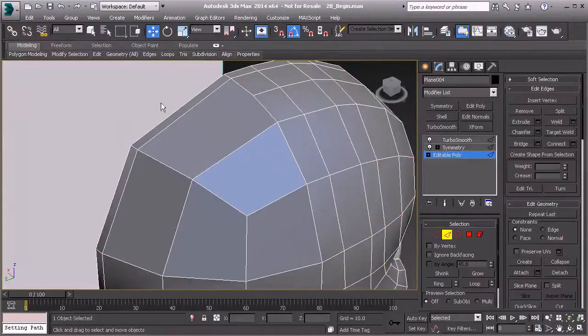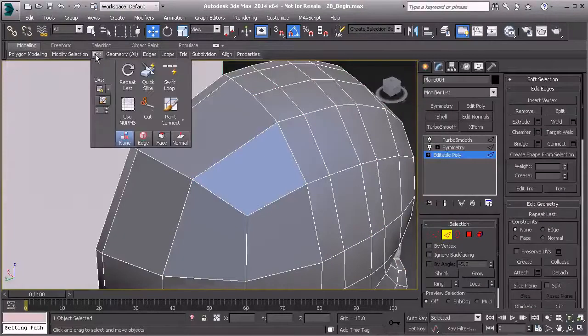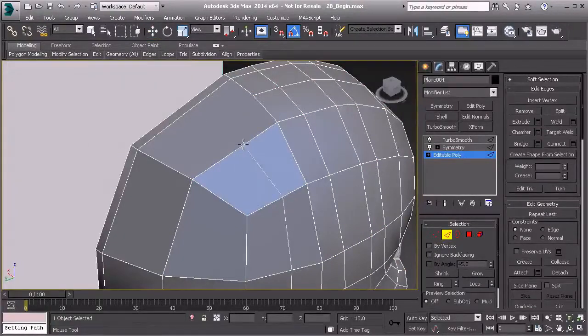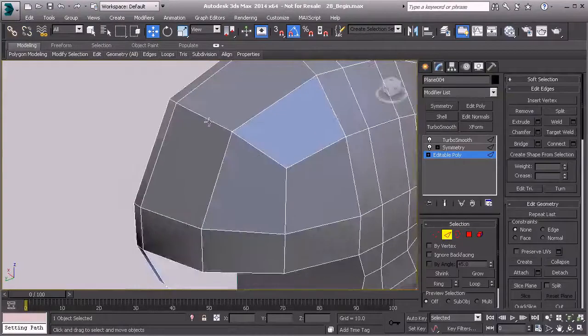So let me try this one more time. Let's do a Swift Loop. Okay, and it's got to be on these right here. You can see that this segment right here needs to come down, so that's why it's not cutting across. So let's take these segments,